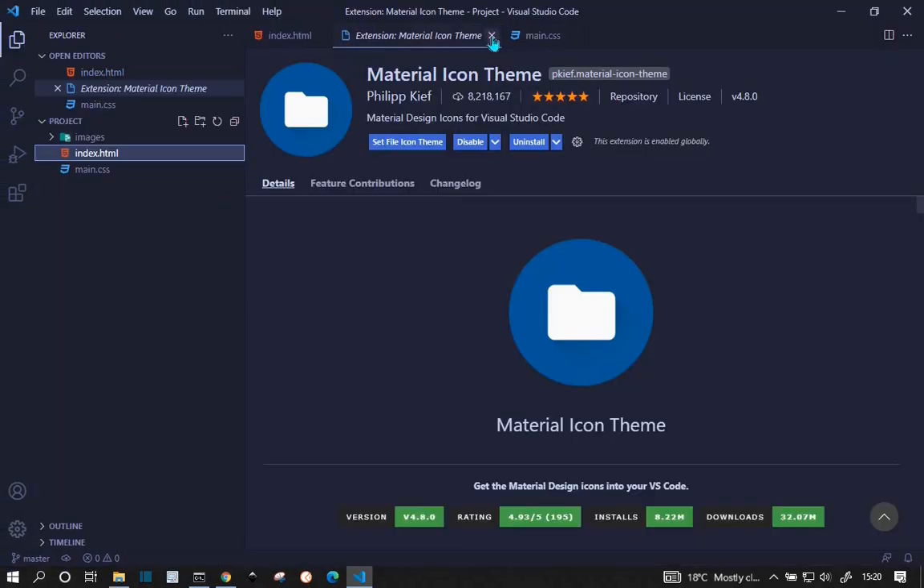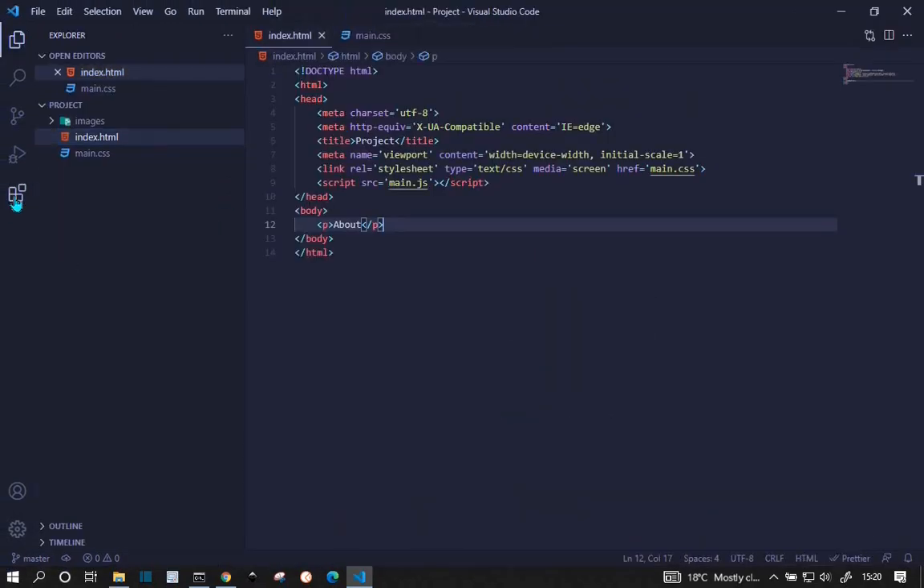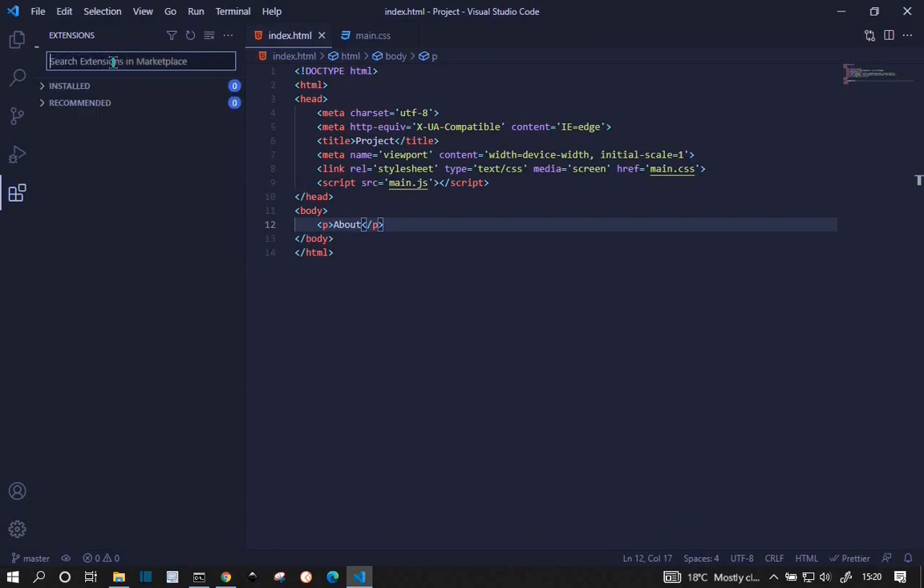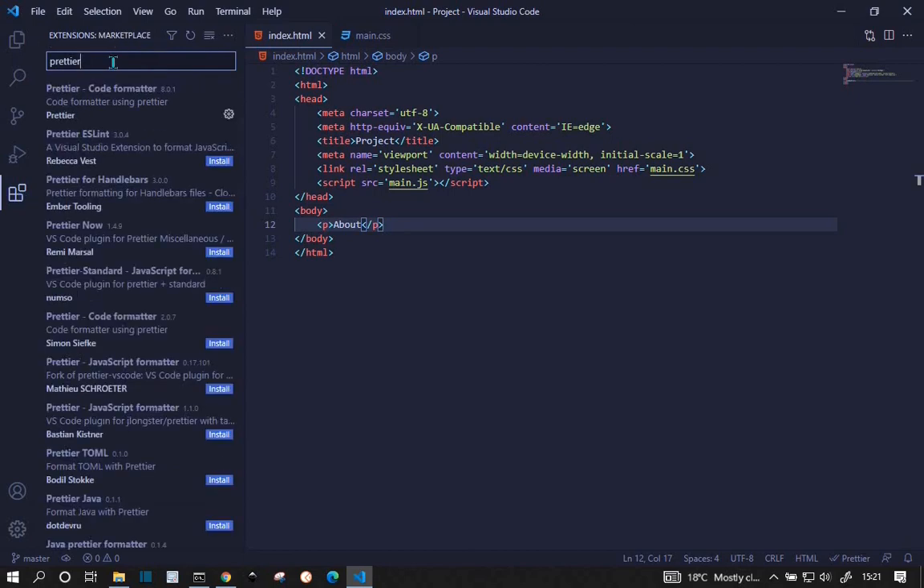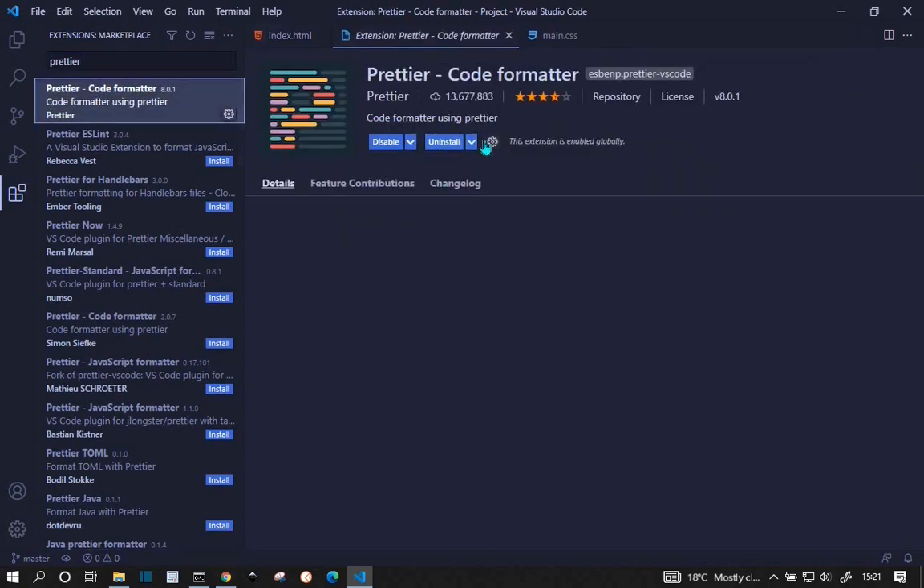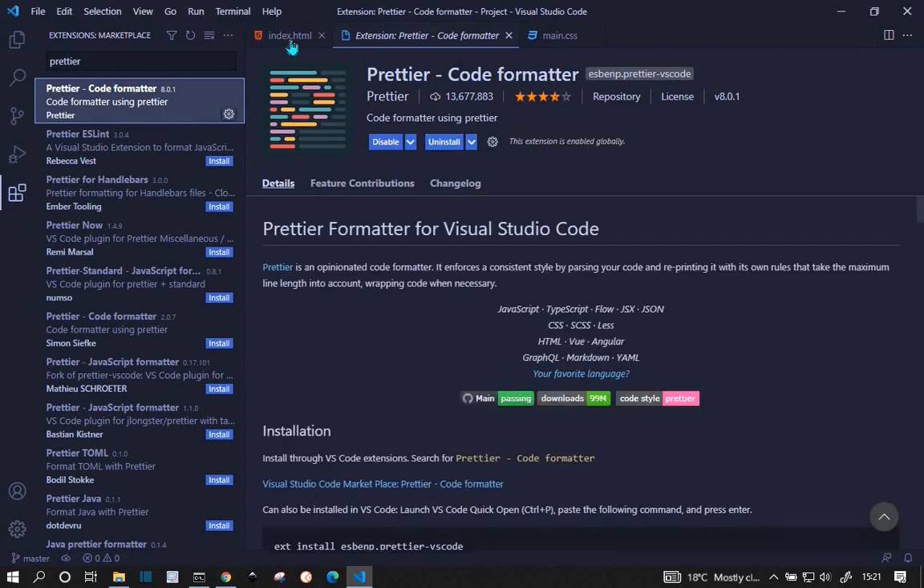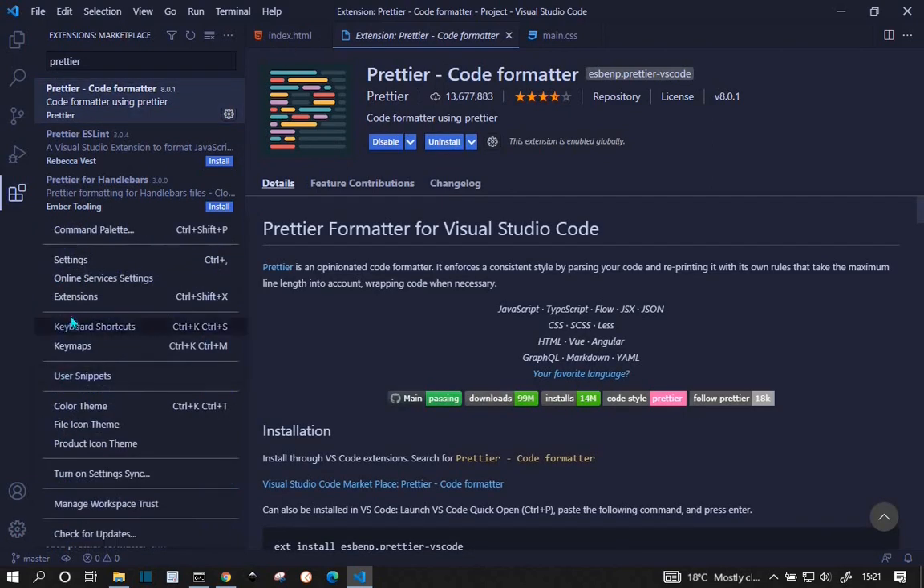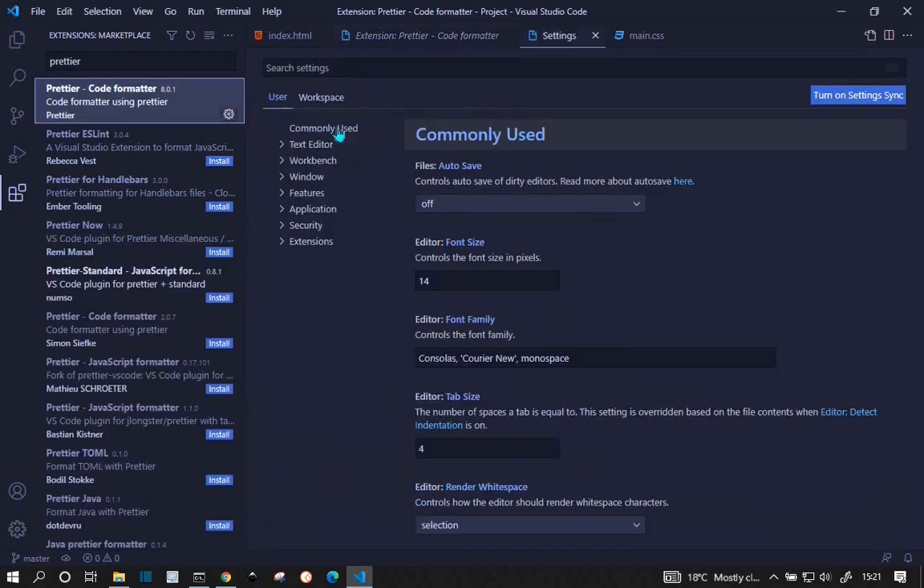Now another thing that I might show you from the extensions is an extension called Prettier, and Prettier is a code formatter, and it helps us to write readable code more easily. So what you need to do is to search for Prettier, click on it and then install it. And once you install it, we need to go to manage here, go to settings, and what you need to